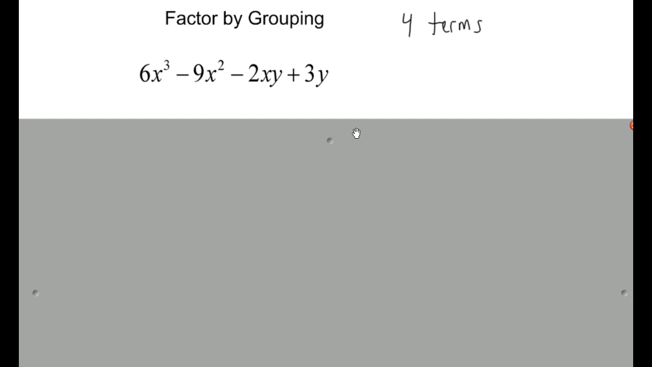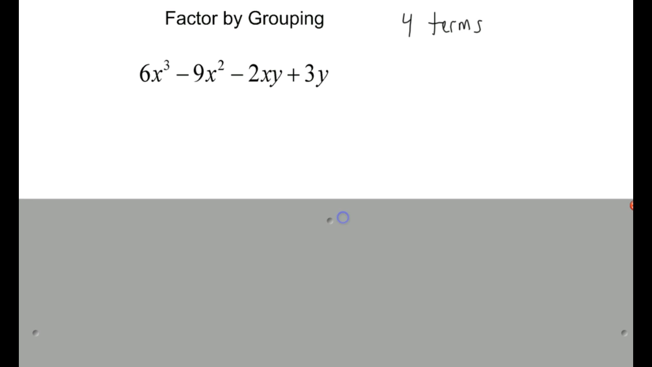So factor by grouping. Anytime you have four terms is a good time to think about using factoring by grouping. So here you see four terms. You can really group this however you want. You can group this like the first and second terms and then group those two terms, or maybe you think